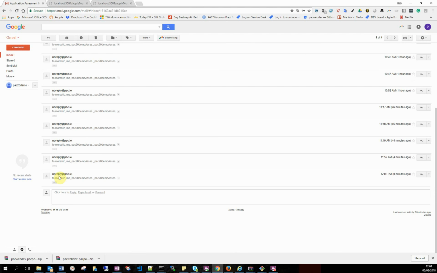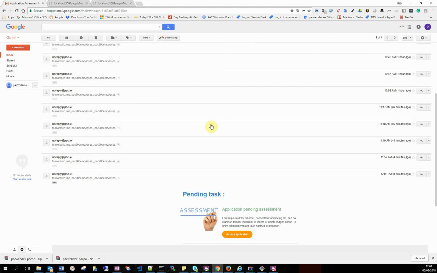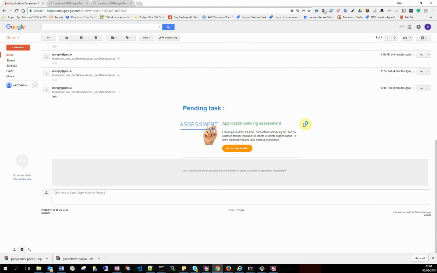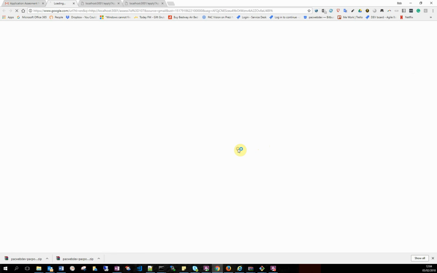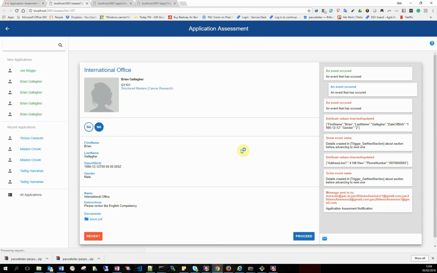Go down to the bottom. These were some we made earlier, and we can see here the template that we've used is a very simple pending task email, application pending assessment. In future, assessors won't be spammed with many of these per day as applications come in, but rather receive summaries on a daily basis. The first one will tell you you've work to do, and then every day reminding you of how much work you would have to do. So the idea here is that we've got a link that we can click into, and it brings us straight into the application assessment. So we're going to be assessing Brian Gallagher,